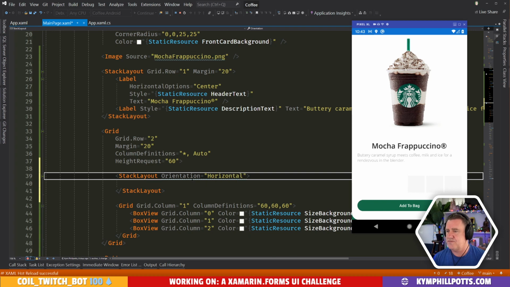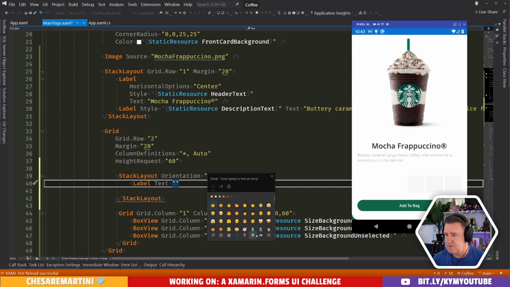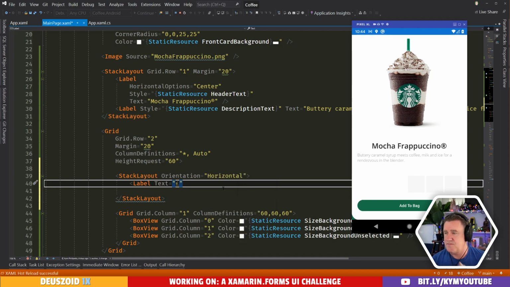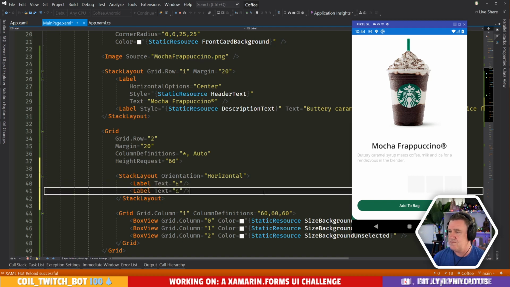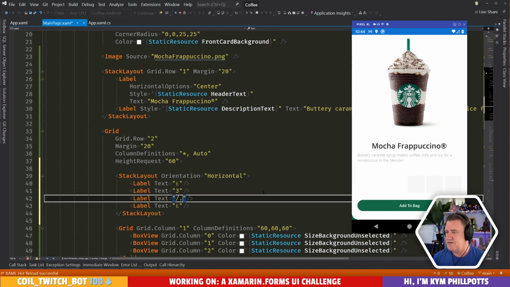Let's make this horizontal. Let's go and add in a label. Pound sign. See if we can find a pound sign. We can add a Bitcoin in. Pound sign. Sure. All right, let's just add in $3.45.